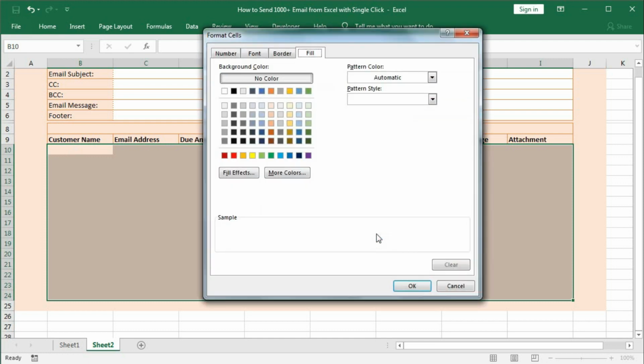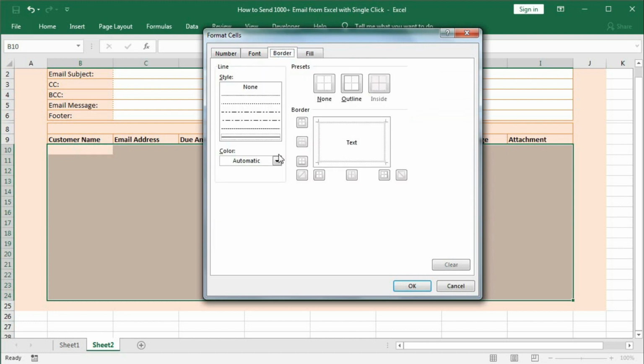Then go to format and select this color, go to border, select this color, select this one, and then this border and this border.